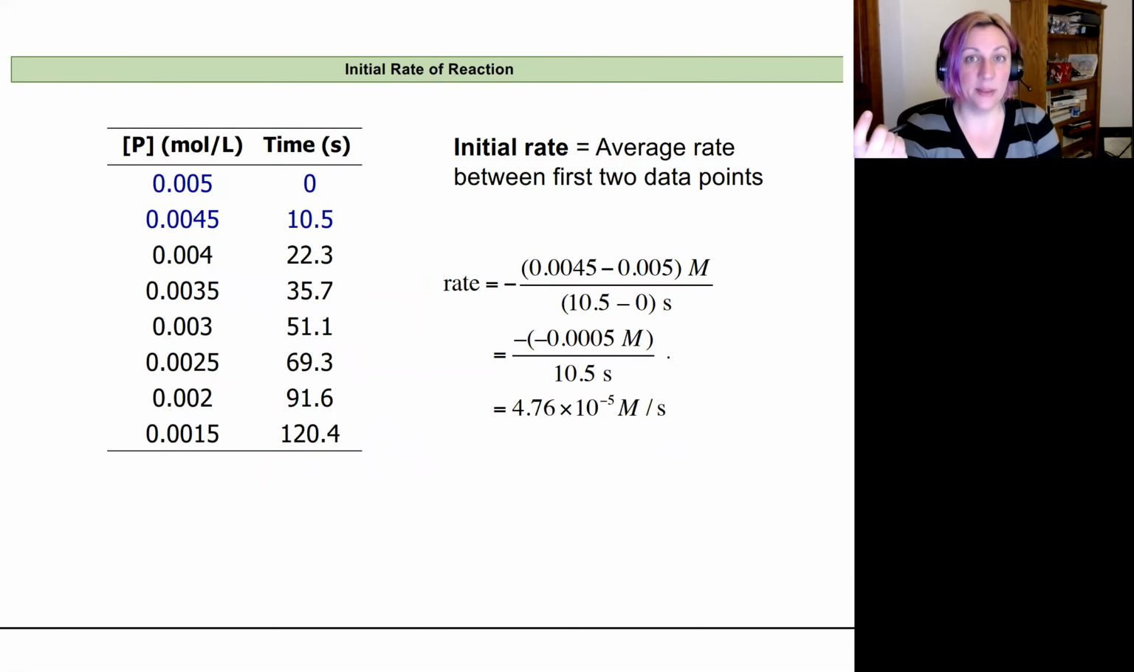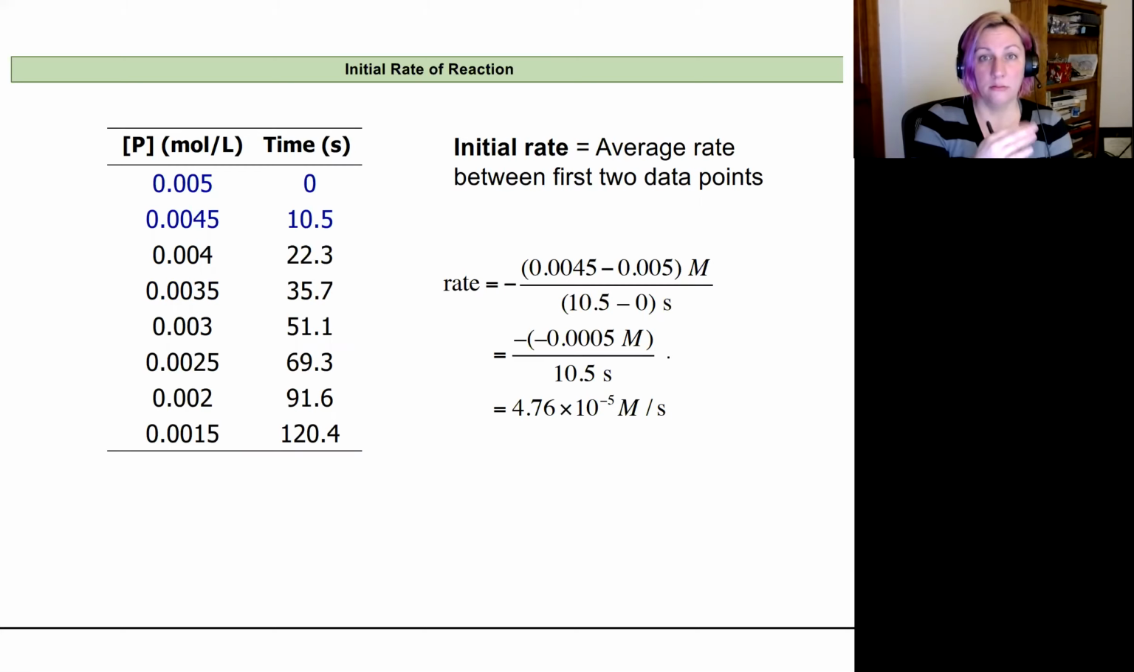So if I'm actually going to be studying one of these reactions, I am going to be measuring the concentration of a reactant or product at intervals of time. And I'm going to do that until I think the reaction is basically done, and then I can plot it and calculate my rates. And I might want to know the instantaneous rate at a specific time, but for comparison